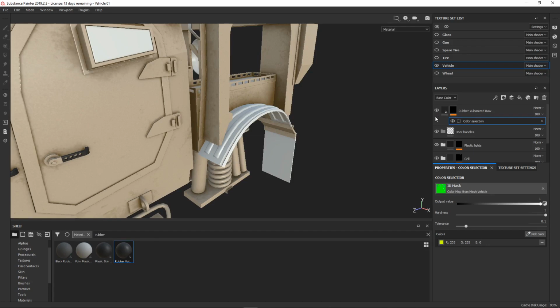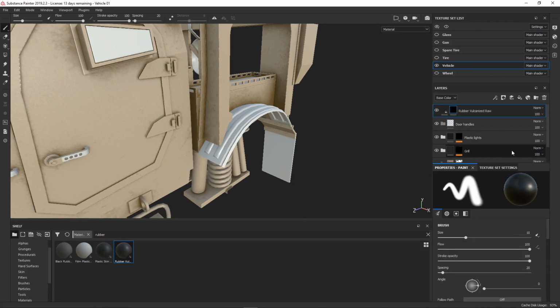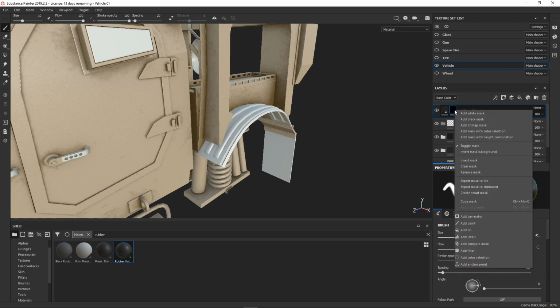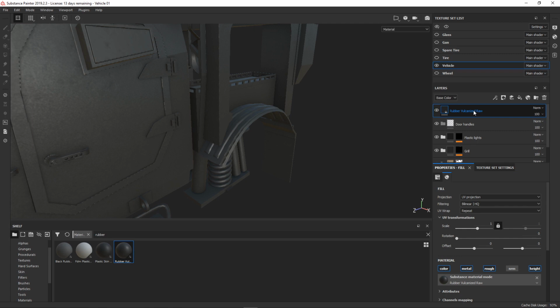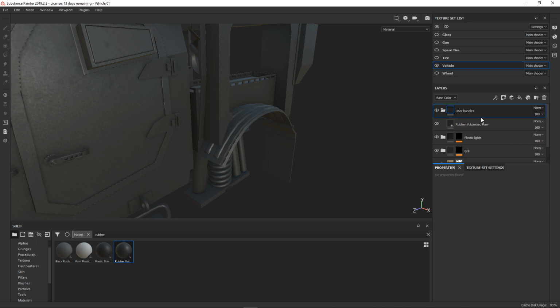Can we just use the same ones? Oh, I moved this out of the folder here, so let me take away that color selection again. And I'm also going to remove the mask here. And then I'm going to take this and move it into this folder here. Okay. So now what I want to do is be sure to do the color selection to the folder and